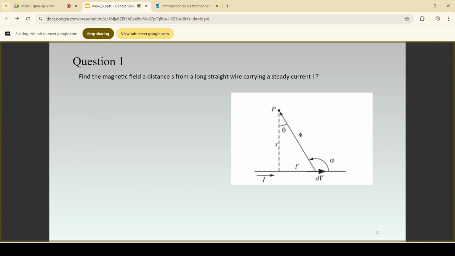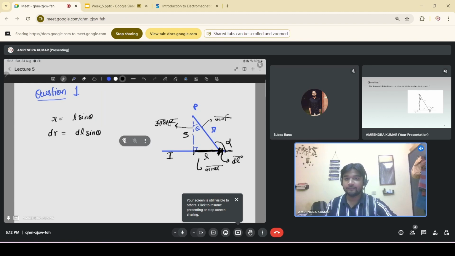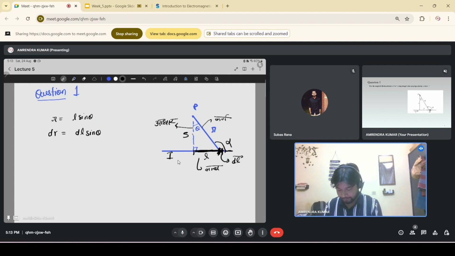अगर हम और देखें, यहाँ पर डी आर हमें पता चल गया साइन थीटा होगा। इसके अलावा, हमें सबसे पहले बायो सावर्ट लॉ के हिसाब से डी बी लिख लेना चाहिए। डी बी हमारे पास क्या है, चूंकि यहाँ से यहाँ तक की डिस्टेंस आर है, तो हम लिखेंगे इसको म्यू जीरो ओवर फोर पाई आई, और डी एल सेम डायरेक्शन में, तो डी एल, और डी एल जो है वो अल्फा एंगल बना रहा है, तो साइन अल्फा।